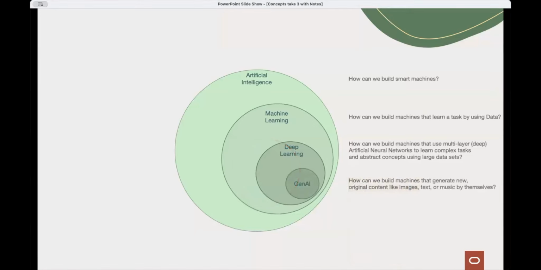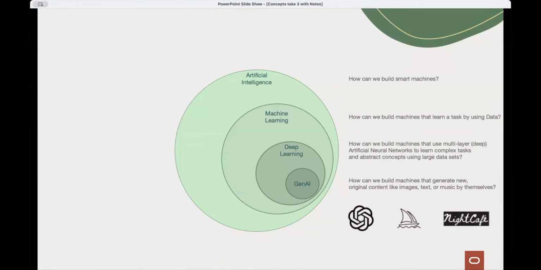We have the usual suspects here. Gen AI uses the knowledge the machine learned during training to generate new and unique artifacts. My question is, how can we build machines that generate new, original content like images, text, or music by themselves? As we discussed earlier, in deep learning, the machine extracts features of a cat to distinguish it in a picture. It has an idea of what a cat would be, and it can create a cat picture based on that knowledge. Sometimes, it does not look like a cat, but remember, it uses its internal knowledge to separate the cat from other animals. We cannot know which features it is looking at and reflecting in its output, we cannot even explain it for our understanding of a cat.